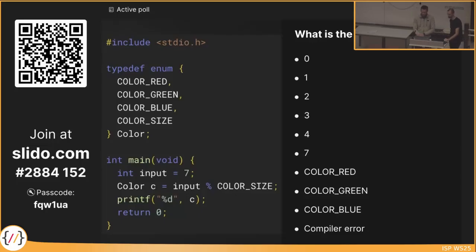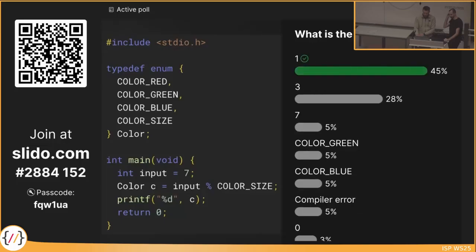Okay, let's wait a few seconds again until we reach 40. Yeah, so most of you got it right, but there are a few that thought the answer would be 3, but the correct one is